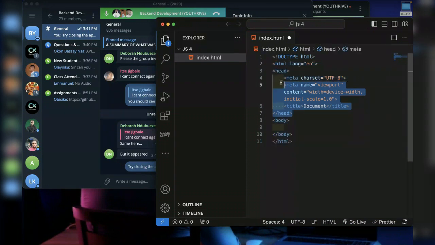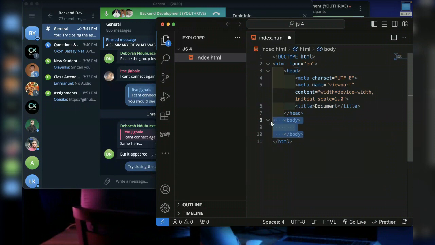So this is just the whole HTML divided into two, the head and the body. But if you go through the HTML videos, you should be able to understand what this is about and what it's doing. And also, if you still have questions after going through the video, please drop a question for me and I will respond to them, or possibly make a short video to explain it for you further.